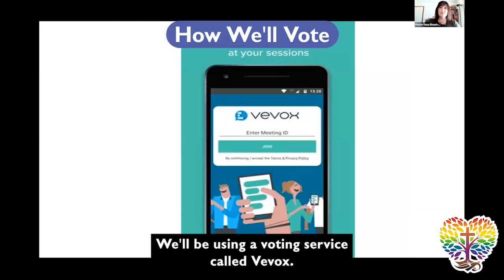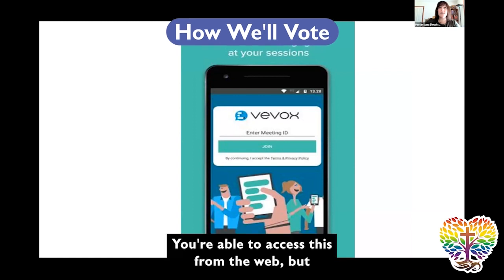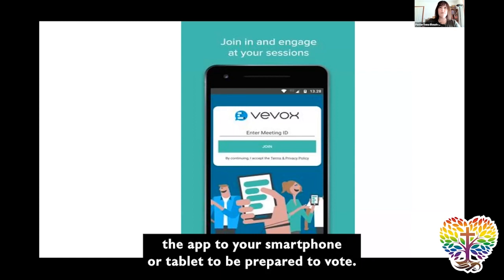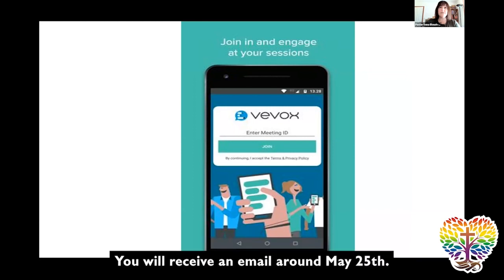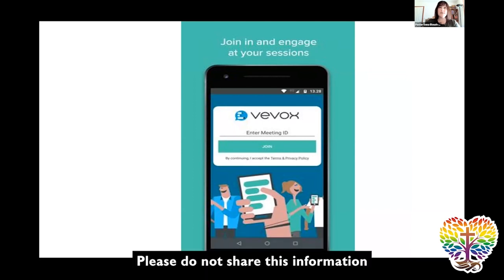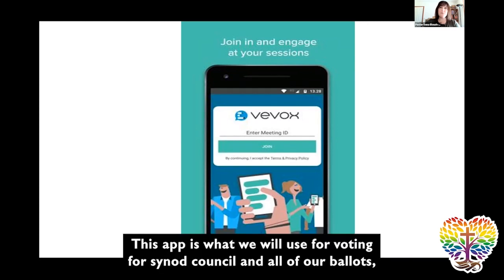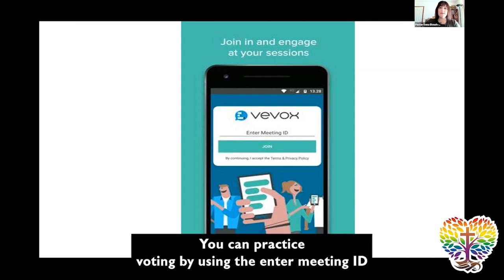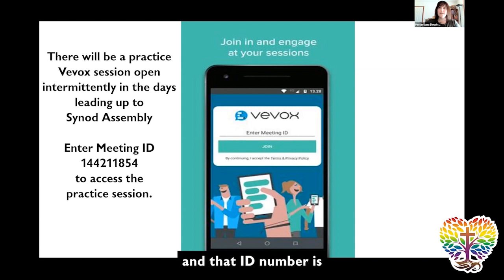For balloting, we'll be using a voting service called Vbox. You're able to access this from the web, but each device can only accept 1 vote. Please make sure you download the app to your smartphone or tablet to be prepared to vote. You will receive an email around May 25th that will have the login information required for voting at our Synod Assembly. Please do not share this information and know that your votes are anonymous. This app is what we will use for our voting for Synod Council and all of our ballots. Depending on when you watch this video, you can practice voting by using the Enter Meeting ID, and that ID number is